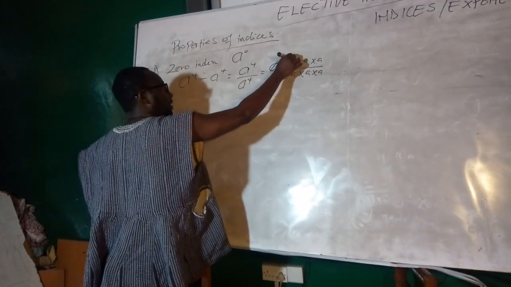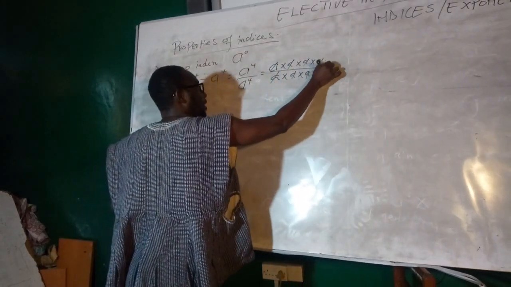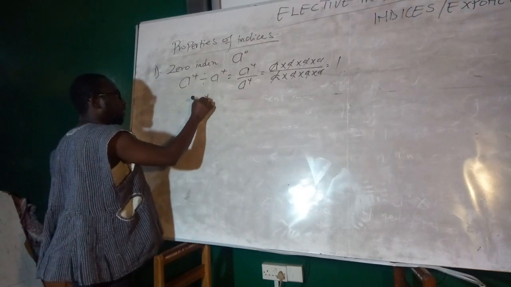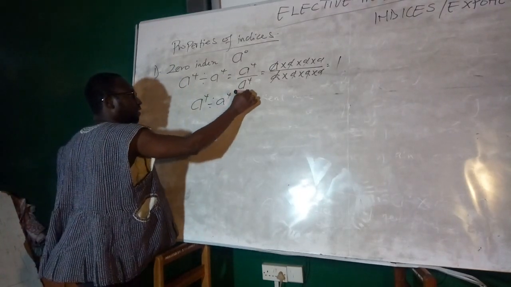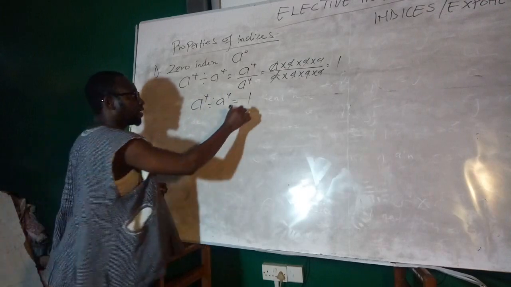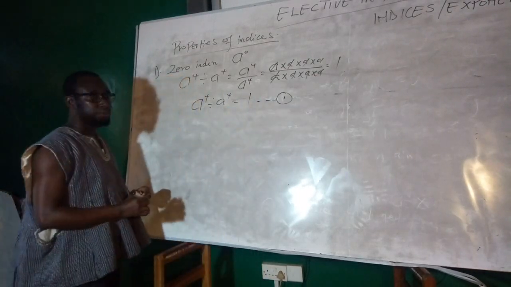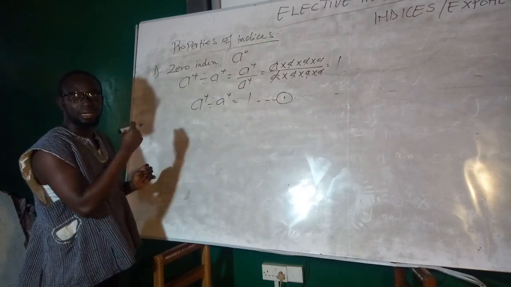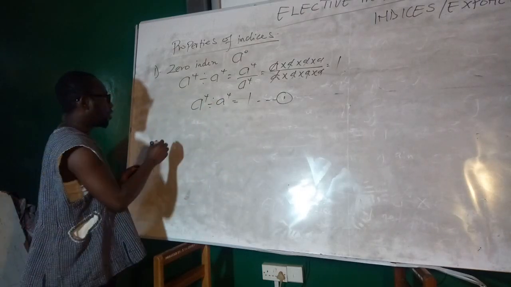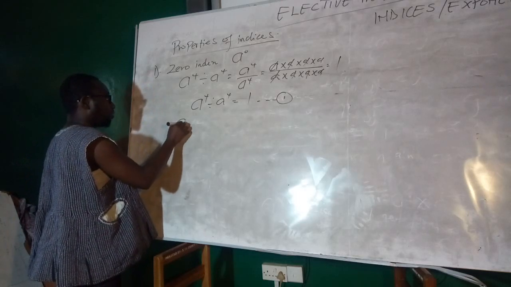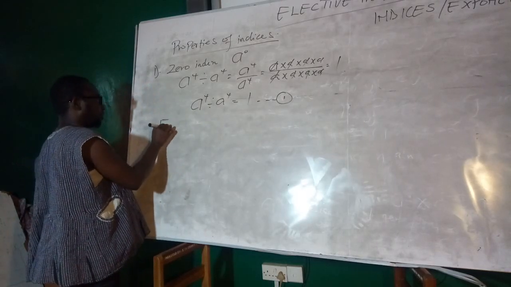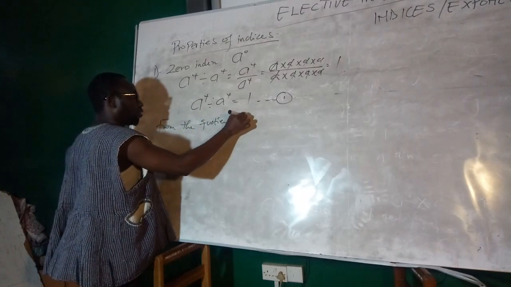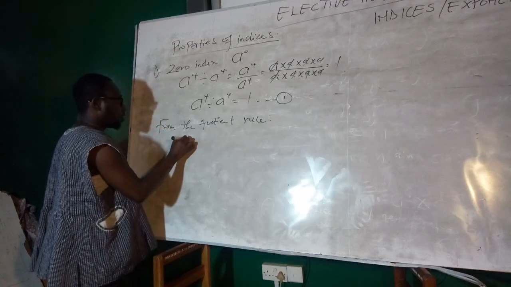So the a's will cancel out. Then we are left with 1. So we are saying that when we have a exponent 4 dividing a exponent 4, we are getting 1 in algebra. So let's call this equation 1. Then we can also simplify this using the second rule, which is the quotient rule. So we also know that from the quotient rule, we know that when we have a